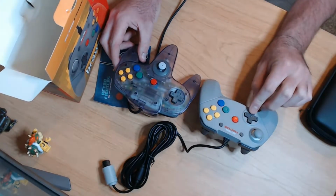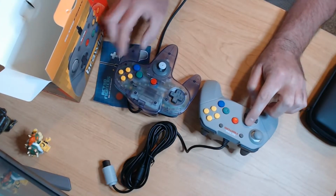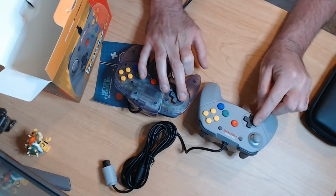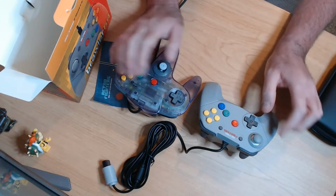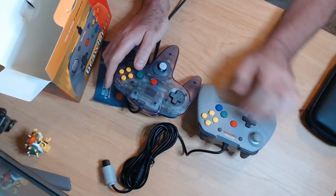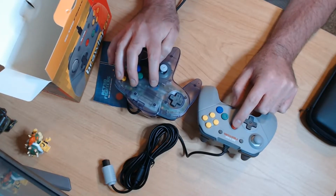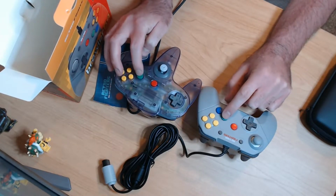The D-pad feels really good. It is a little shorter, as far as the height goes. Everything is a little bit shorter. The buttons are a little shorter than, say, the original N64 controller. Everything feels really quality, and again, it's pretty hard when you're comparing an older controller to a new controller, but